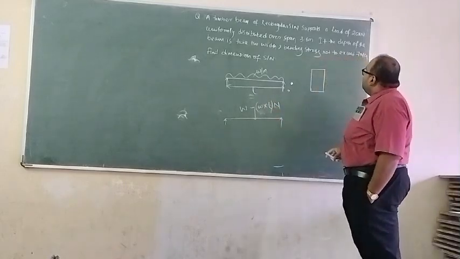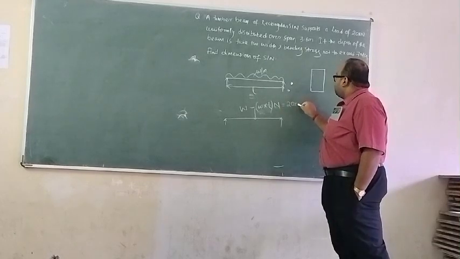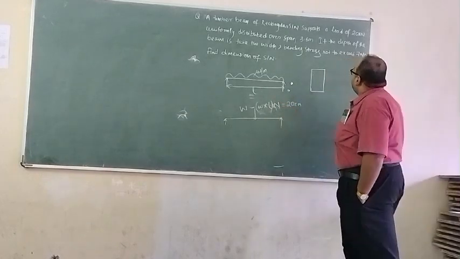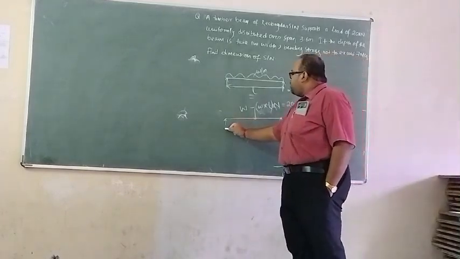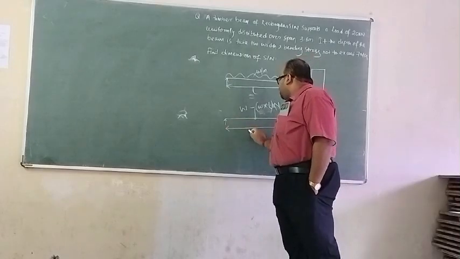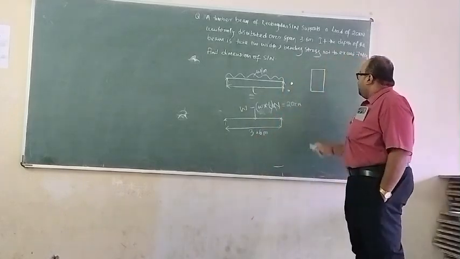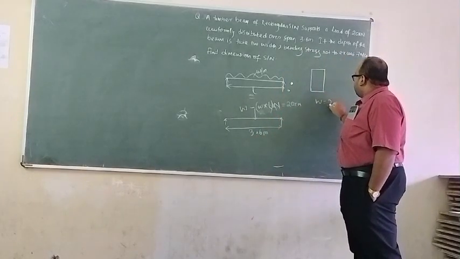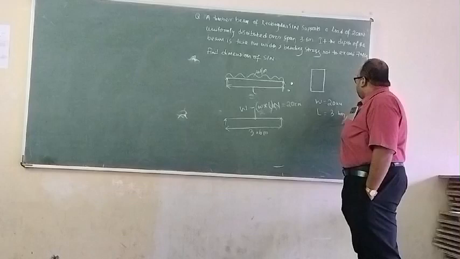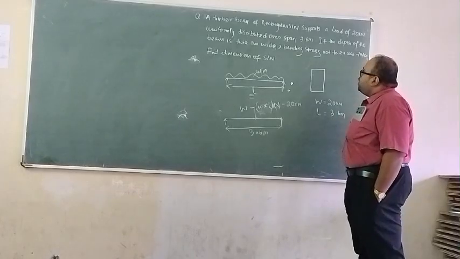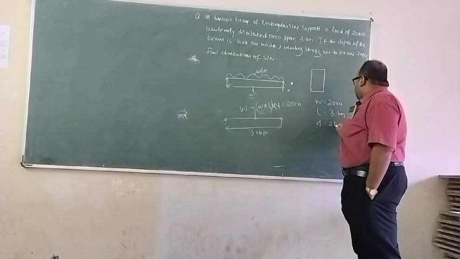Okay. And this value is given here, 20 kilonewton. So I can replace Newton with kilonewton here. And span of 3.6 meter. Right here, 3.6 meter. Okay. This is the L. Capital W given 20 kilonewton. L given 3.6 meter. If the depth of the beam is twice the width, the question is given D equals to